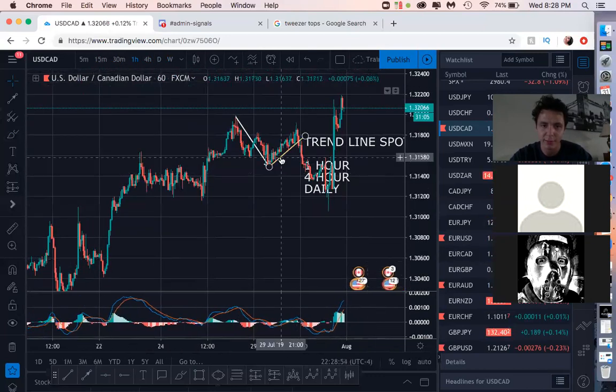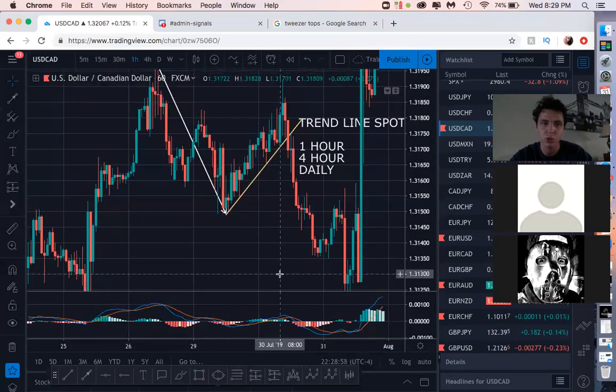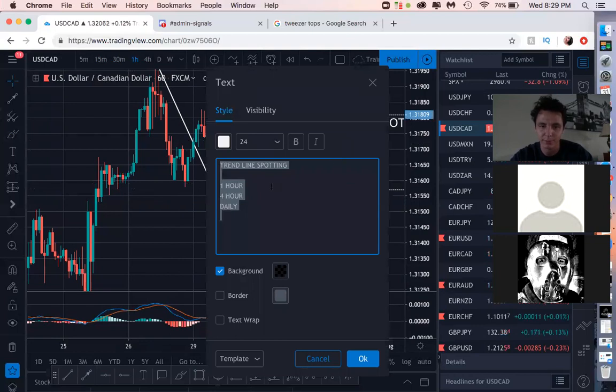And when I find them, in this instance the 1 hour, I drop down 2 MetaTrader 4 time frames. MetaTrader 4 has the 5 minute, 15, 30, 1 hour, 4 hour, daily, weekly, monthly. So in this case, I found it on the 1 hour and dropped down 2 time frames. So you want to drop down to the 15 minute. If it's a 1 hour, you want to drop down to the 30 minute. If it's a 4 hour,